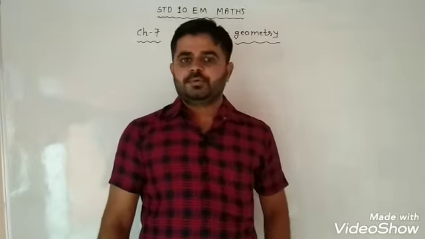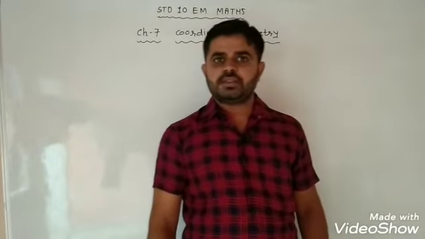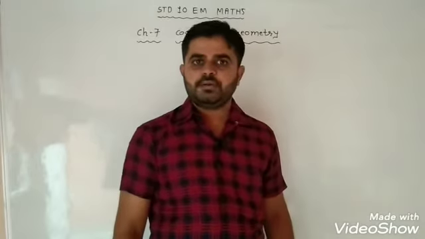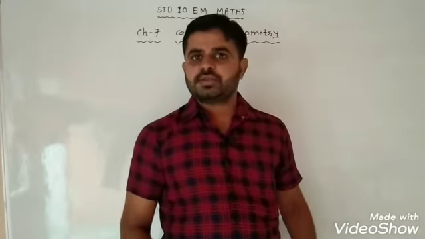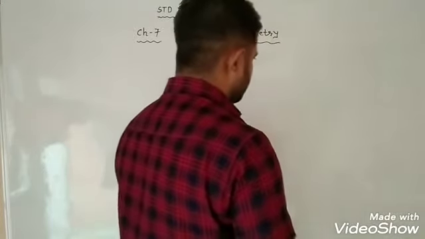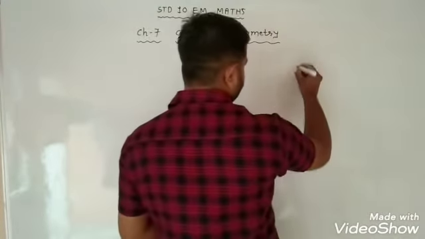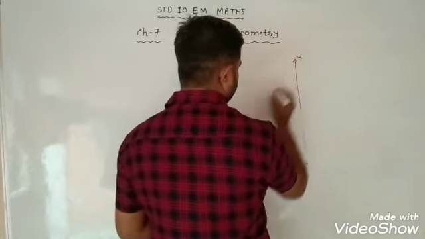Now we are in chapter number 7, coordinate geometry. In this chapter we have to deal with the Cartesian coordinate system. We know the Cartesian coordinate system very well. Suppose we take two axes, it is a y-axis and